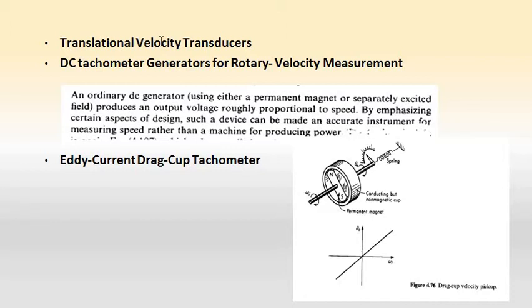This type of velocity measurement device consists of moving coil and moving magnet pickups. These methods are mainly used to measure vibratory velocities, because the flux density available from the permanent magnet is limited to the order of 10,000 gauss, and an increase in sensitivity can be achieved only by an increase in the length of the wire in the coil. Therefore this is somewhat complex, and it is limited to vibratory velocity measurement.